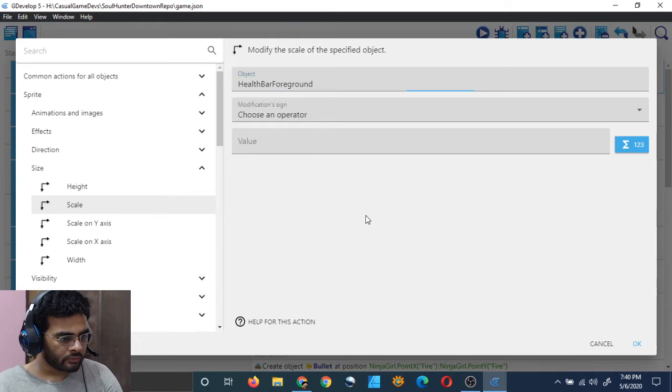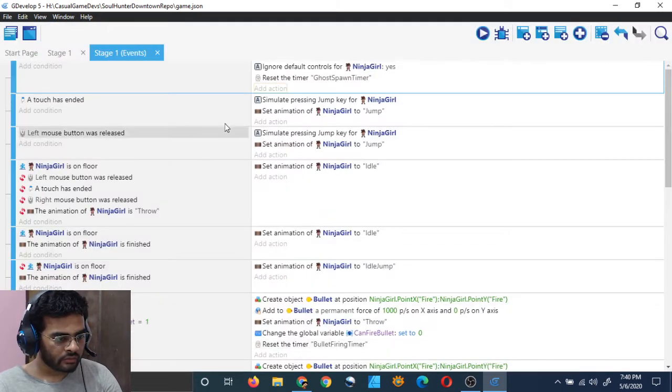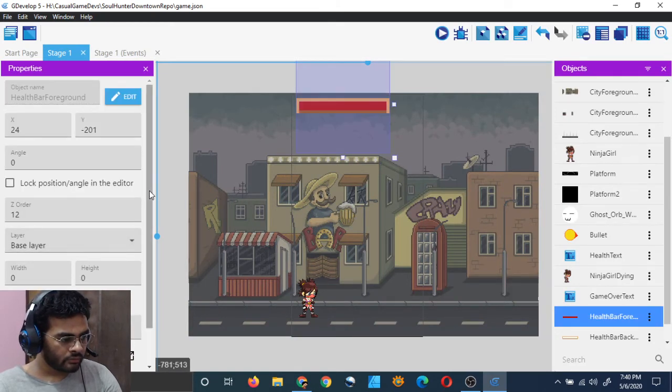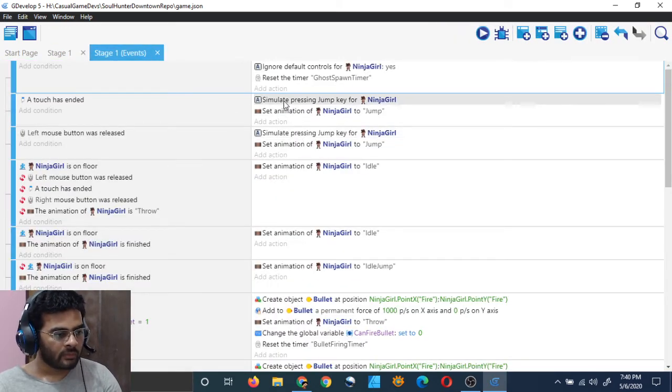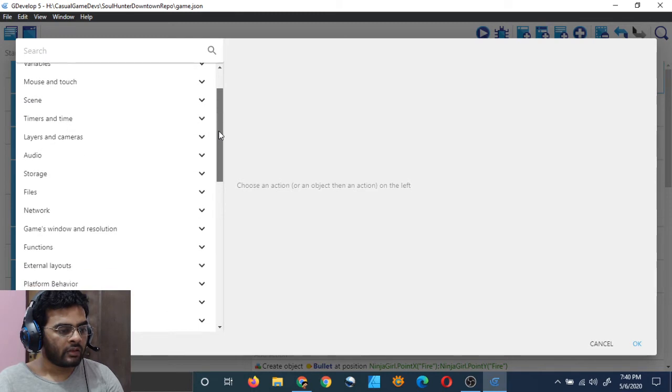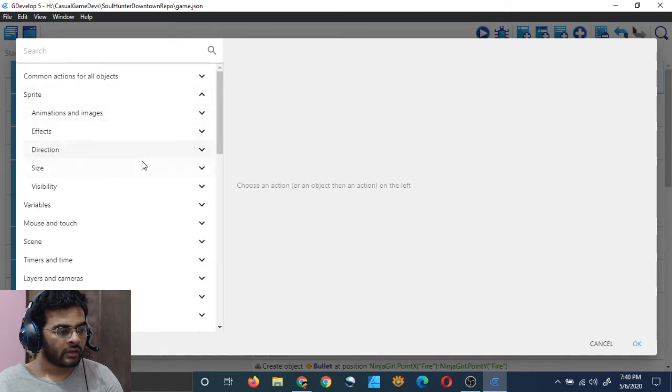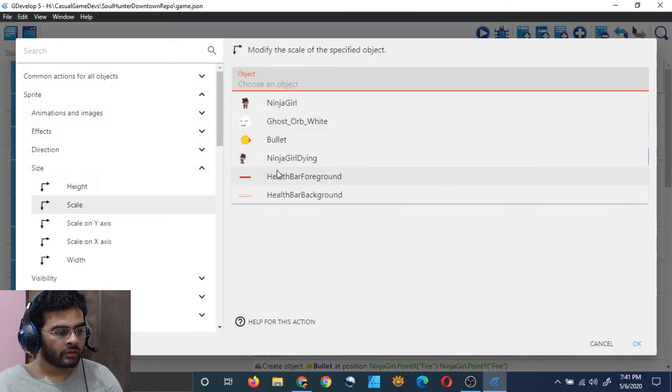and therefore I need to find a percentage. What is the width of this? It is 512, I believe. Yeah, so 512 width, and my health is 100. So right now 100% of 512 is 512, and what is 90% of 512? So that should be the width of that bar, I think. What is 0% of 512? That's just 0, right? So I think that is a good way to do that. Let me see if it works.